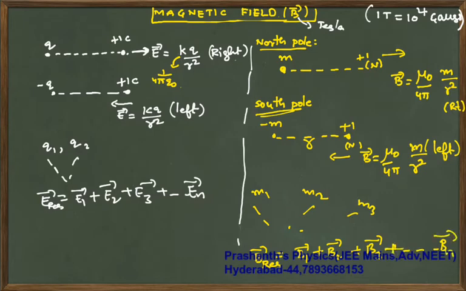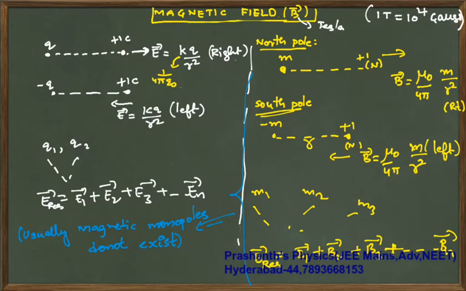Come on, copy this stuff down. But individual monopoles do not exist. Keep in mind, usually magnetic monopoles do not exist, but still if questions come, this is what you are supposed to do. Hope you have understood it, you have copied it down and there are no doubts. Next, hope you have copied it down.